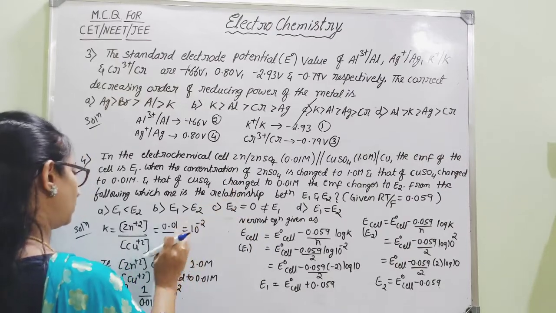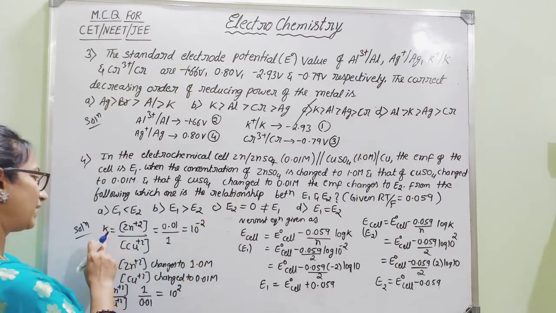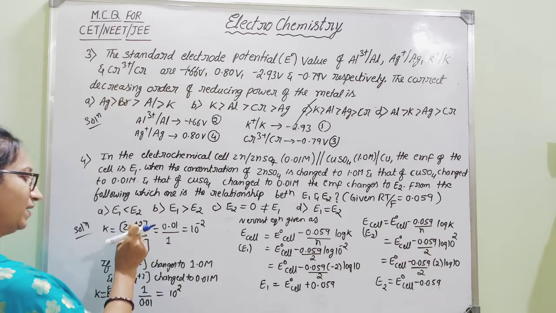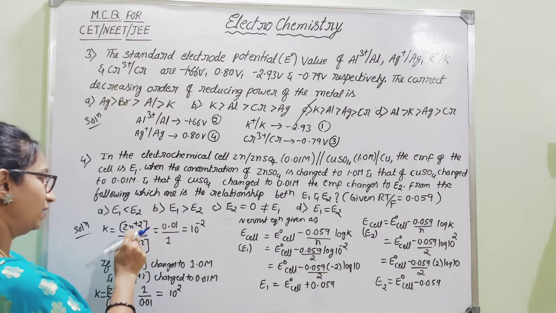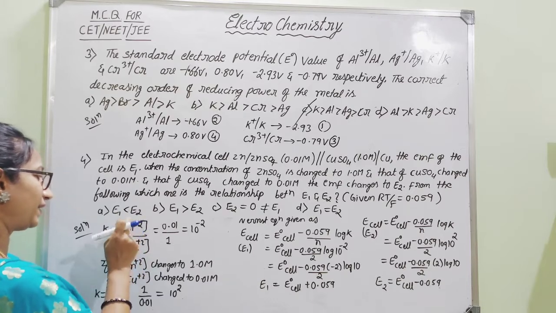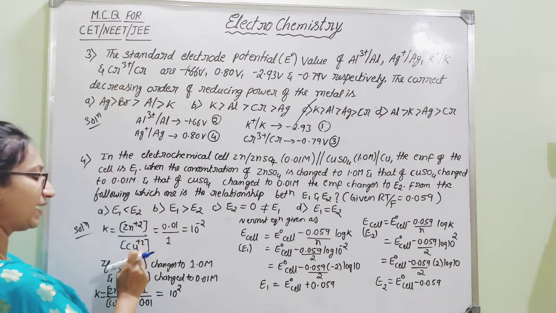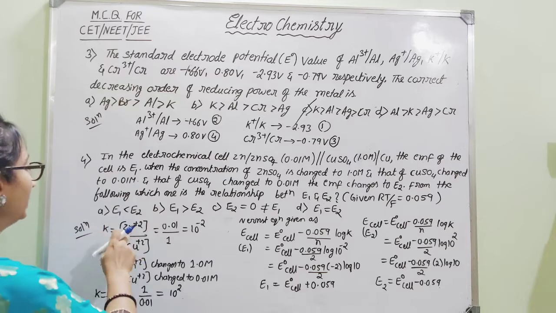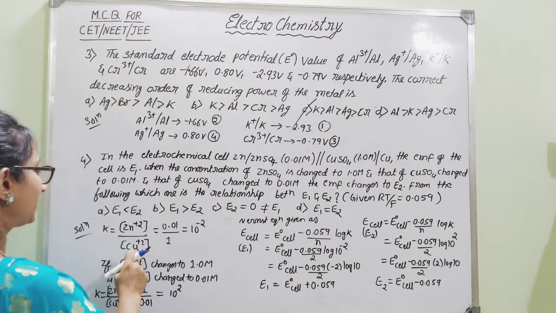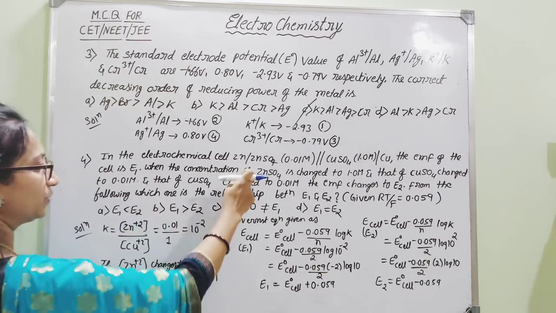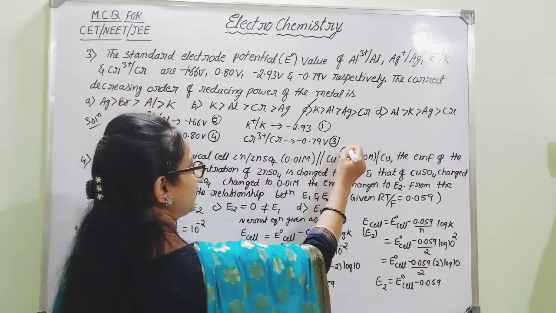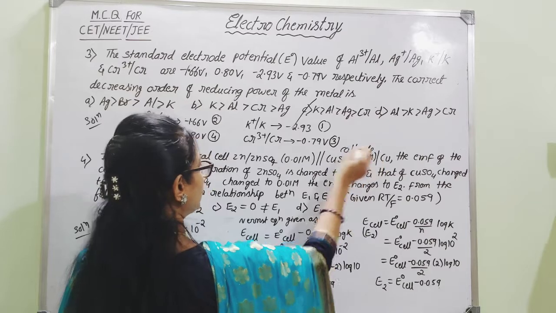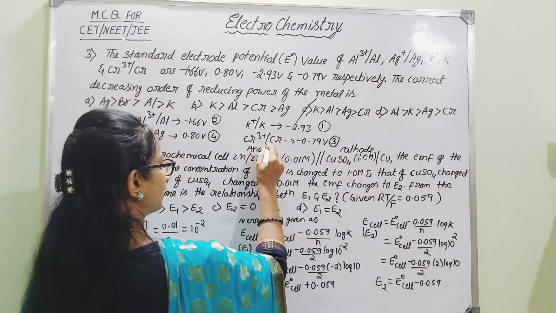Very first, as you know, if you want to find the equilibrium constant K, you should know the active ion concentration of the species acting as anode and the one acting as cathode. Here, one is the anodic species and the other is the cathodic species. As you know, the left-hand side represents the anode and the right-hand side represents the cathode. It is the anode, so it is the anodic species.